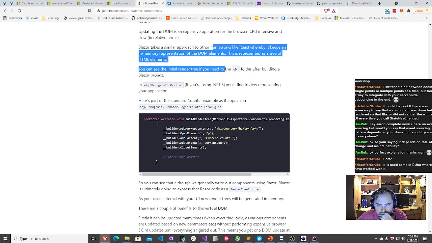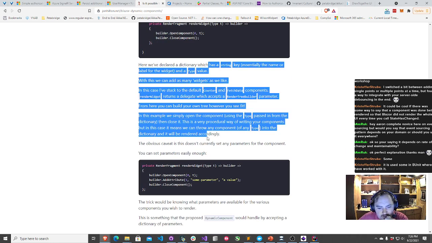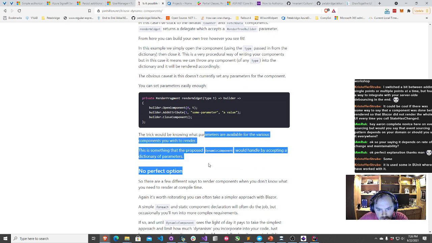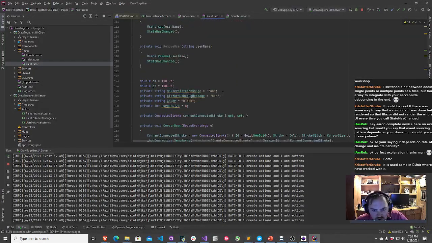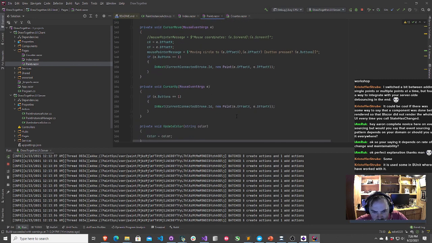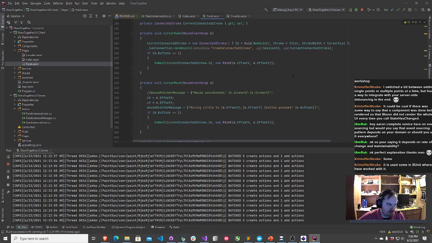Let's see. Basically what we want to do is modify only the stroke being modified, or only add the new stroke being added, not render everything else. That would help us solve this problem. So one thing we have here is a dictionary, a little dictionary that's connected stroke. We do cursor down, and then as the cursor moves, we add those connected points. And then when the cursor's up, the stroke is done. This stroke should not need to be rendered after the cursor up event is finished.